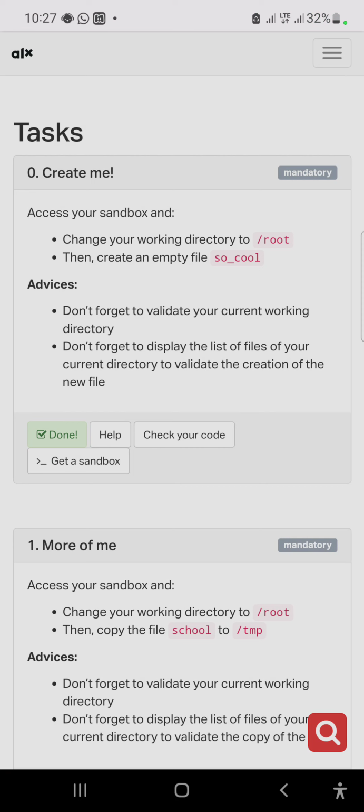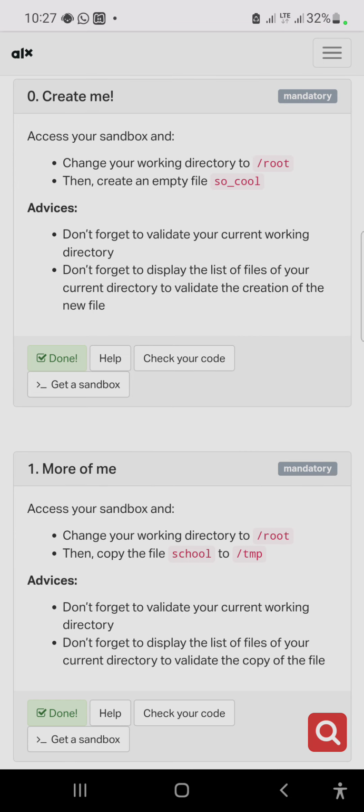We're going to continue from the previous video, ALS shell navigation. So we are going to be looking at the task, and I'm going to solve all of them. So first of all, the first task asks us to